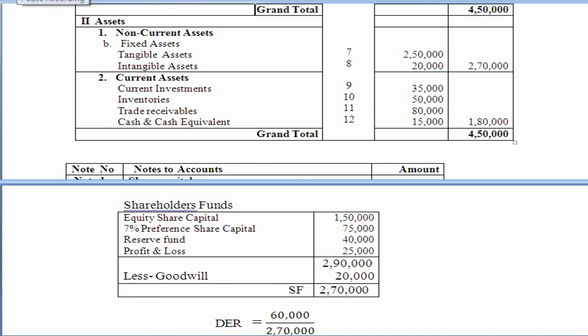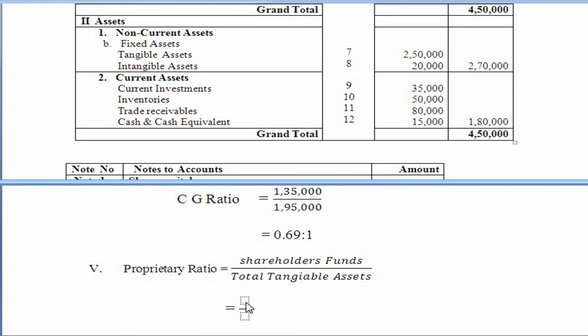See here, total shareholders fund how much? 2,70,000, divided by total tangible assets. Before that we'll show here the calculation of total tangible assets. So write total tangible assets is equal to